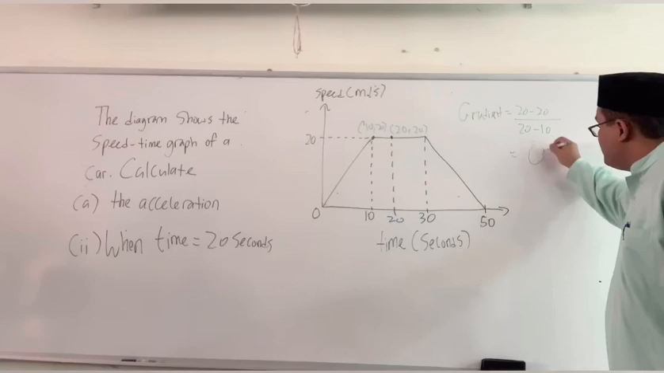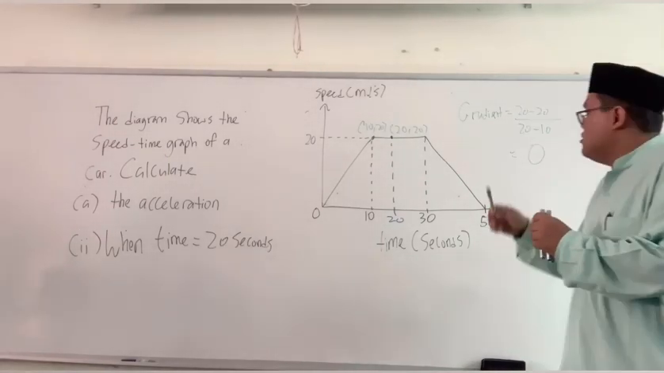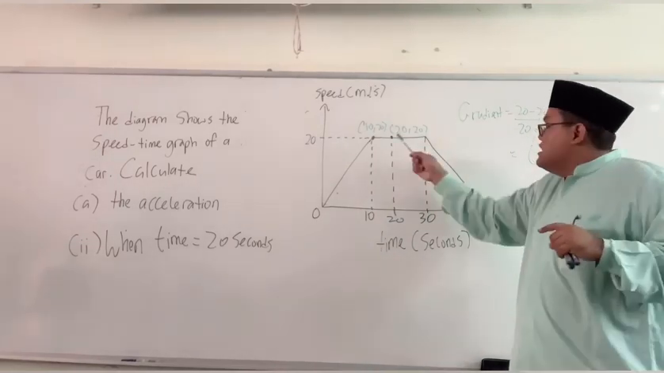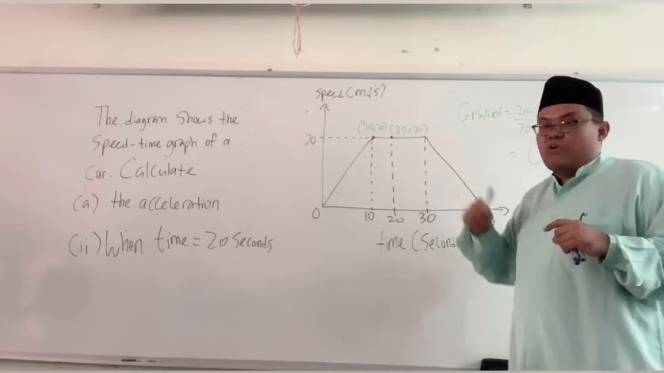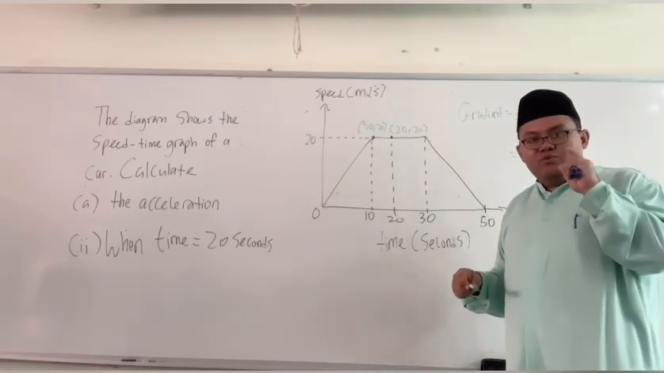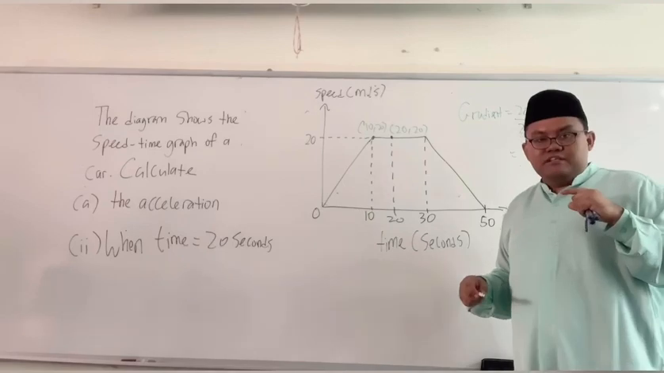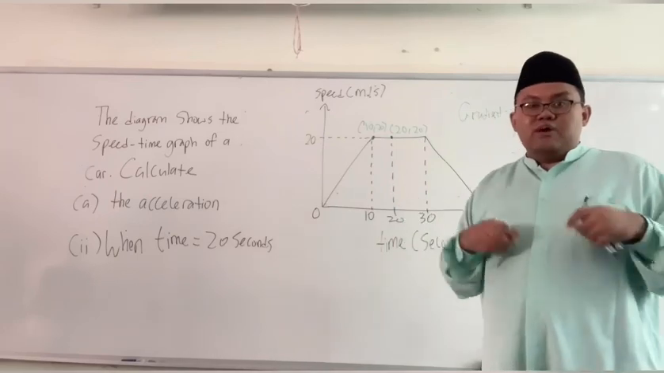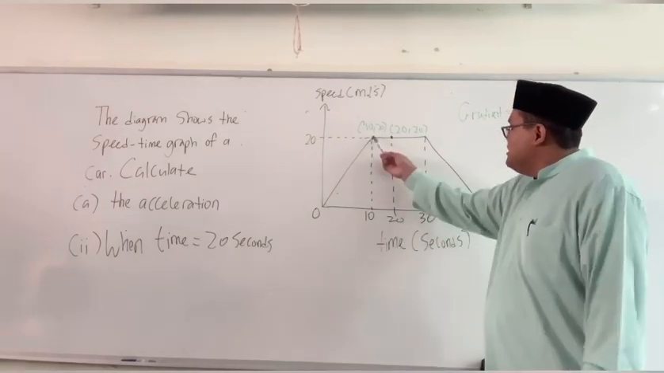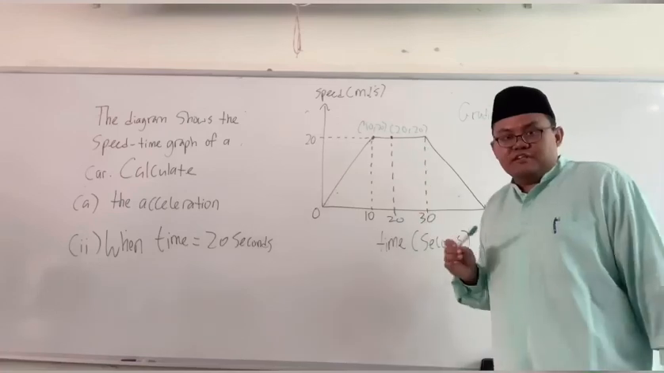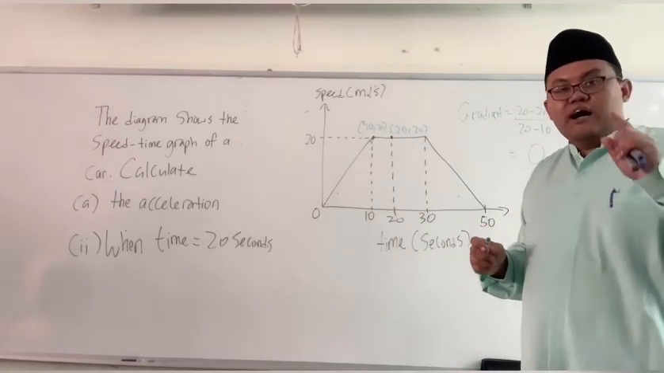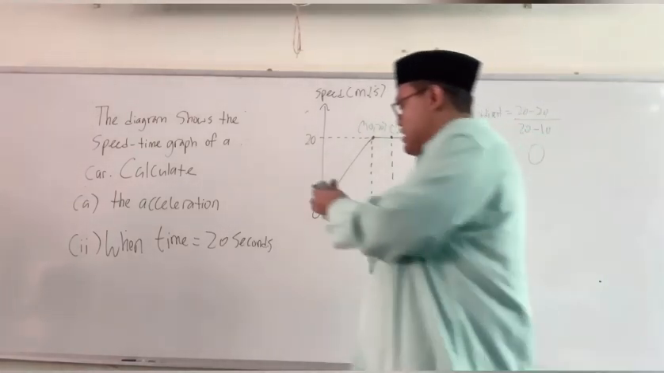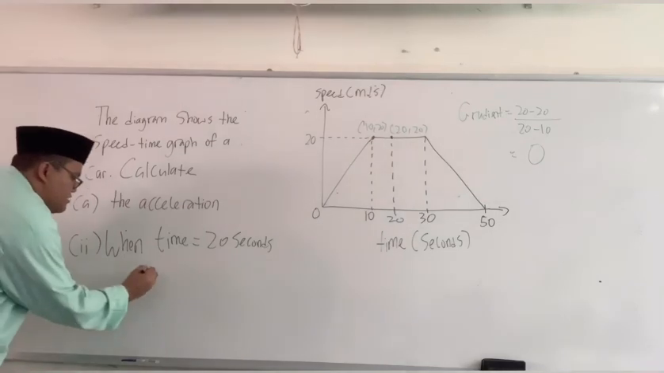You will get 0. So, the gradient of this line is 0. That means the acceleration is 0 at this point. What does it mean when acceleration is 0? It means the object is not speeding up or slowing down. Isn't this true? In this region, the car is moving at constant speed. When you are moving at constant speed, you are not accelerating. Thus, this answer makes sense. Therefore, the answer for this question is 0